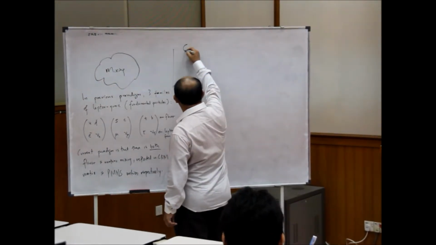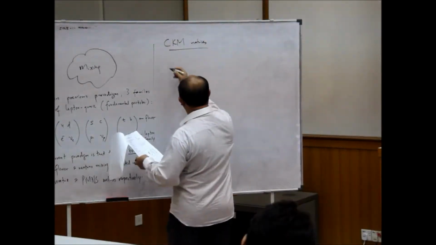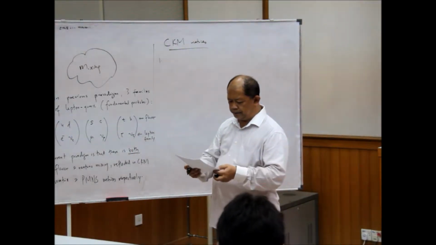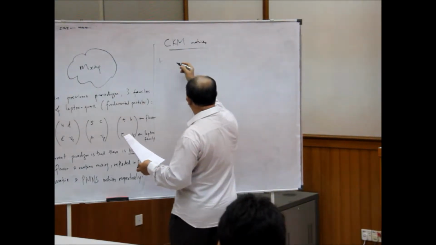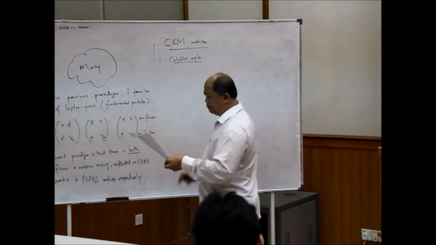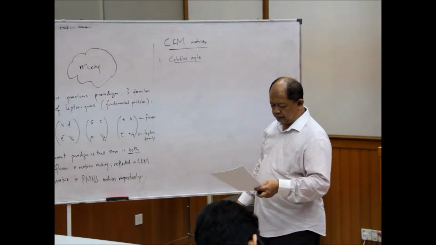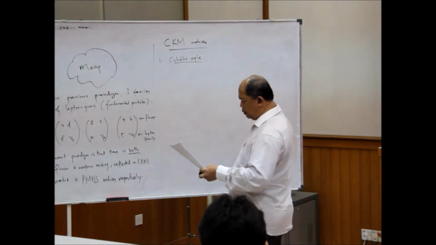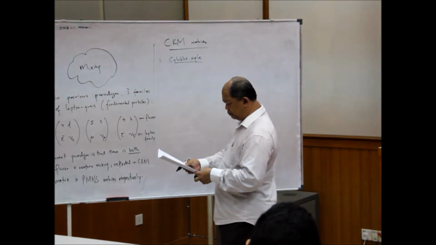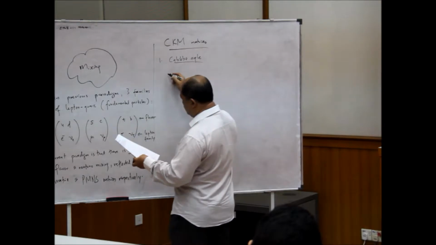So today we will go through what we call the CKM matrix or matrices. Before we start with the CKM matrix, let us historically describe the origin of the Cabibbo angle. So, Cabibbo in 1963